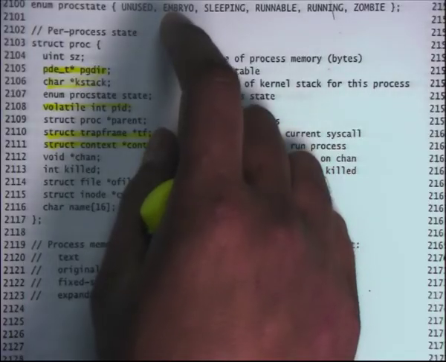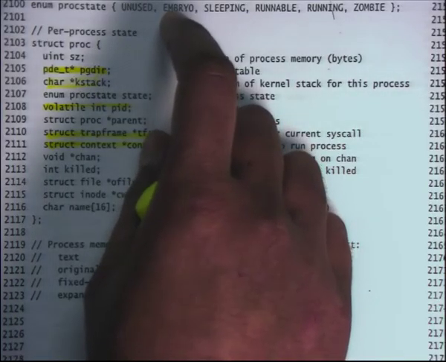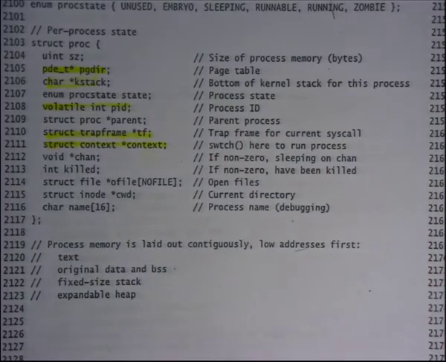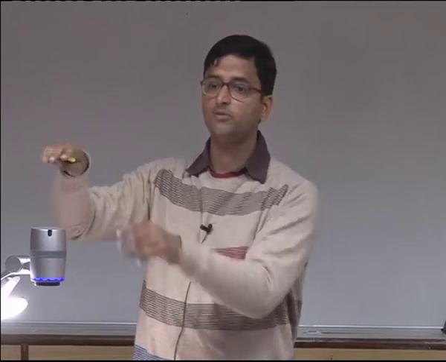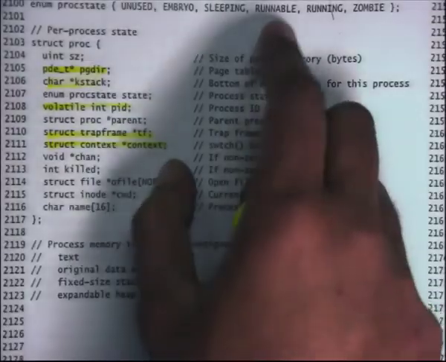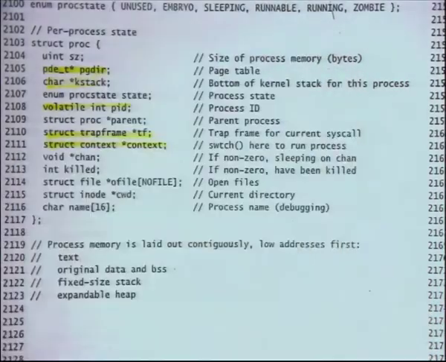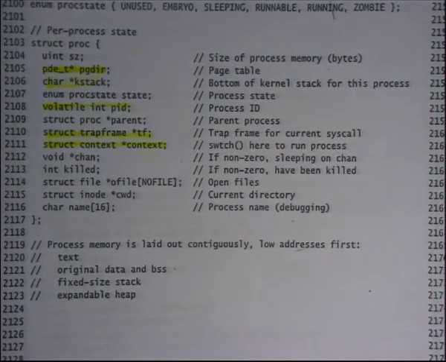Embryo: what embryo means we're going to discuss later, but it basically means the process hasn't even been born yet, right? It has just called fork recently, and the process is just getting initialized, and only when I add it to the PCB list am I going to change its state from embryo to runnable, right? So runnable says here's a process that can be run, right?